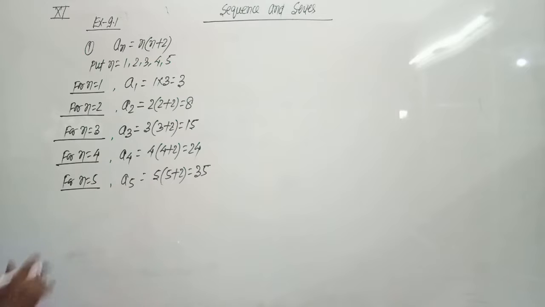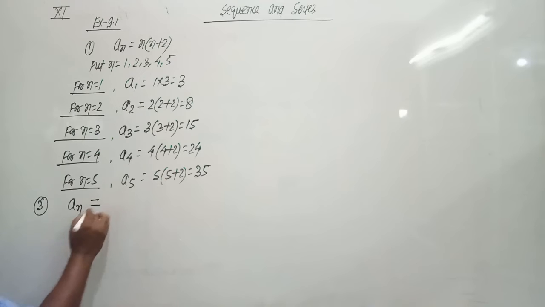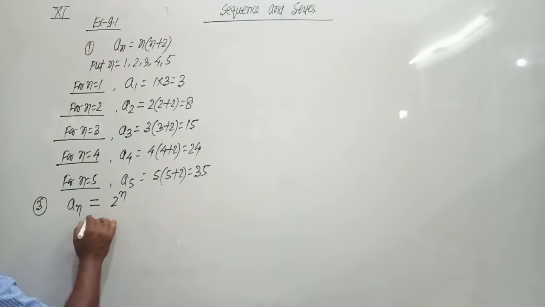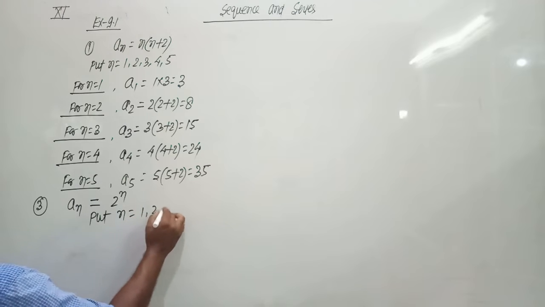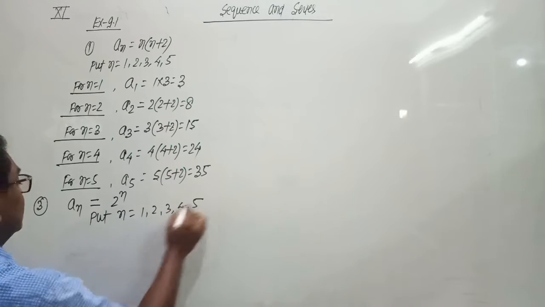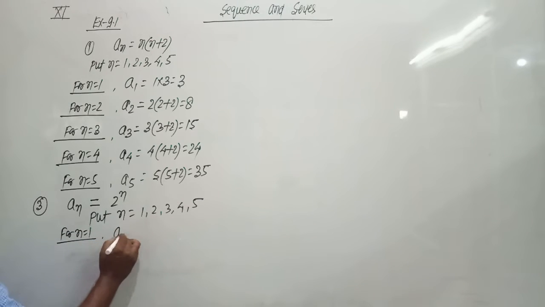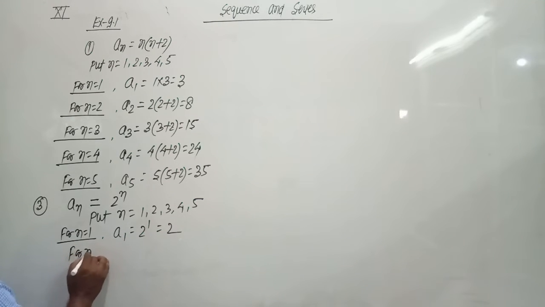Question number 3. We are given the sequence An equals 2 raised to the power n. Again we put n equals 1, 2, 3, 4 and 5. For n equals 1, we get the first term of the sequence, 2 raised to the power 1, that is 2. For n equals 2, we get the second term of the sequence,